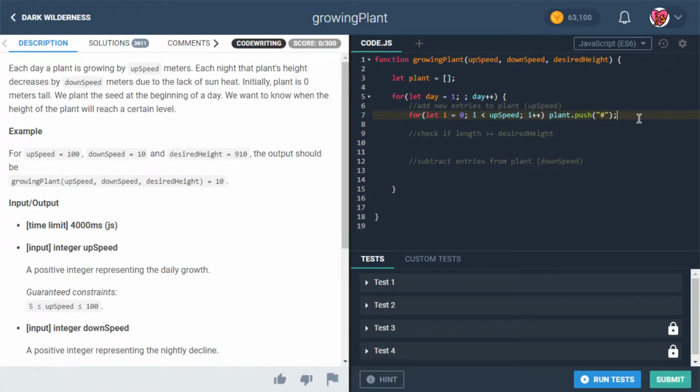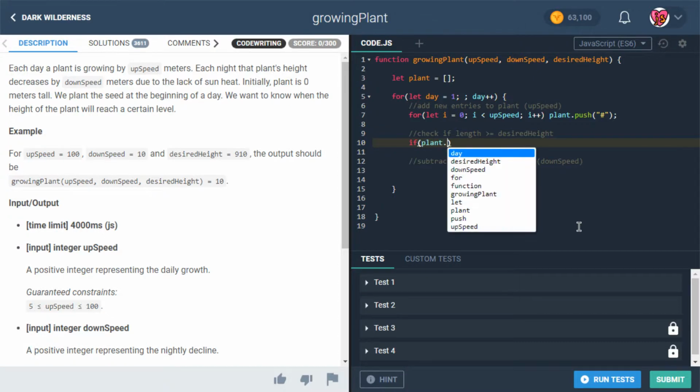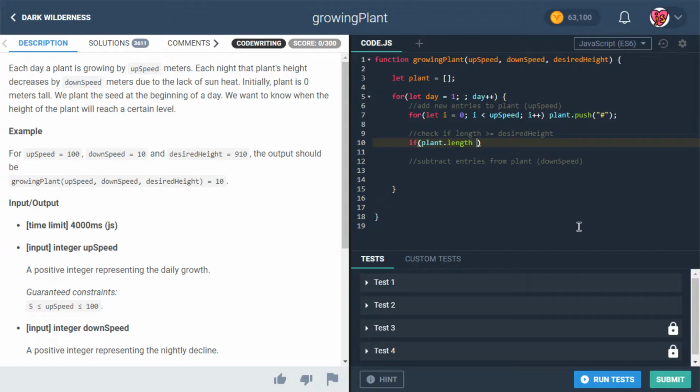So we're going to push the hashtag. Okay, and then let's see. Basically, if we reach a point here where plant.length is greater than or equal to desired height, well then we're going to return day. We're going to return whatever day that happened on. And then at the end of this, we're going to say